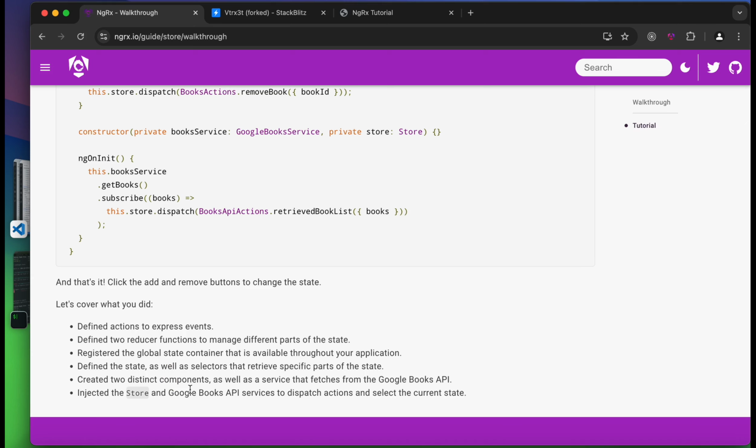We created two Angular components. We created that service that fetches the Google Books API. We injected the store and the Google Books API in our component to dispatch the actions. Yeah,